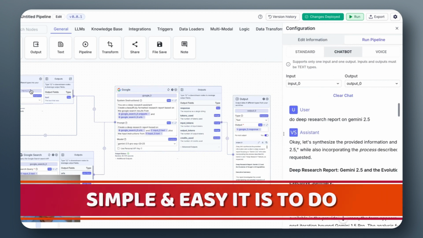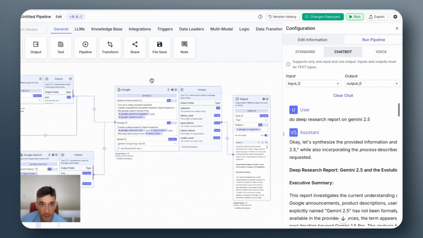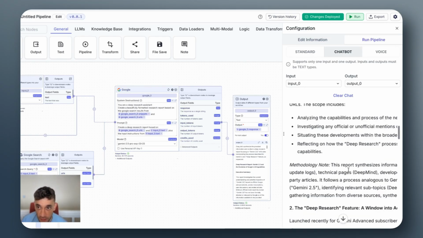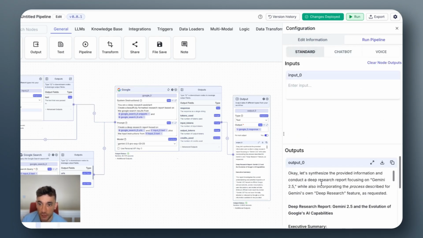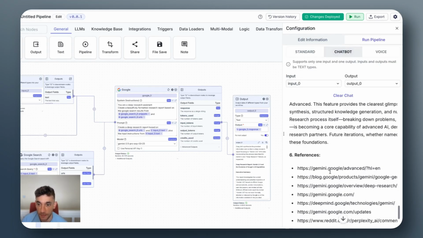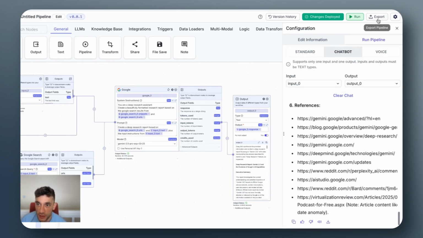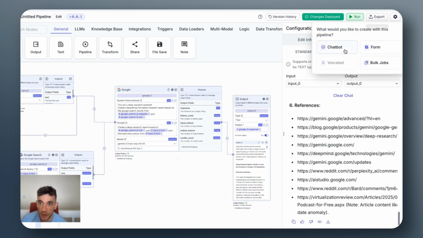You just plug in the input, do the Google search, and program the agent to use its instructions to go off and take the research from Google and then output it onto a chatbot, like you can see. You can even do voice searches here, which is pretty insane. And you've got your standard inputs and outputs over here. All right, pretty cool. And then if you actually want to export this as a chatbot and deploy it, you